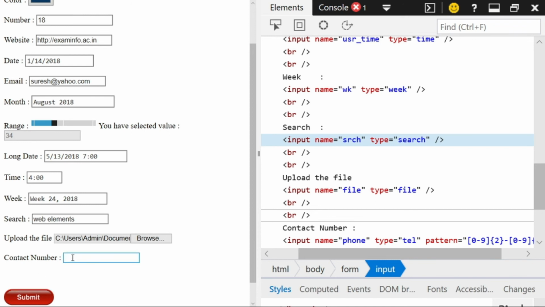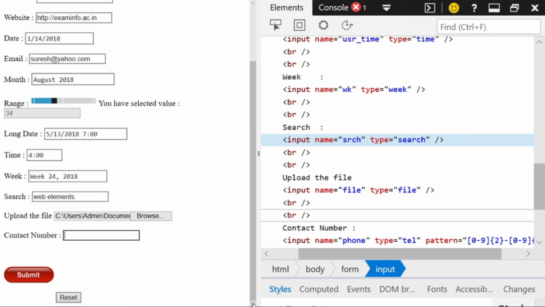The next is the contact number. Whenever we are filling any form, we are also supposed to give our personal details along with our contact number. So this contact number can be done by using input type equal to tel, and also we can give a pattern for it.